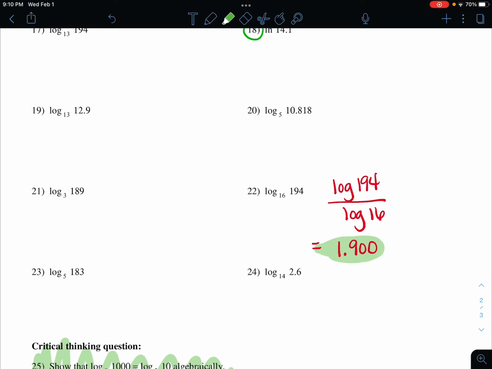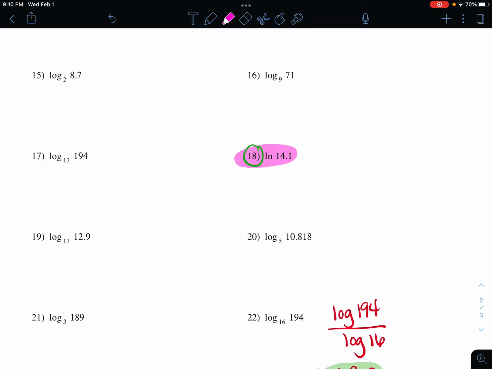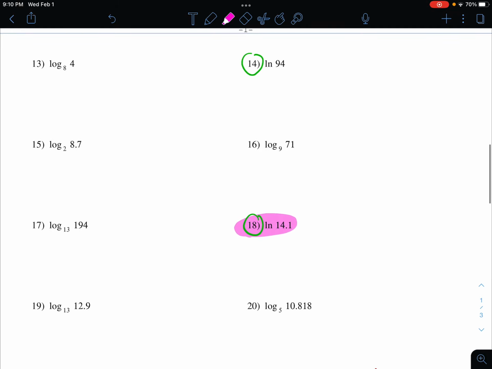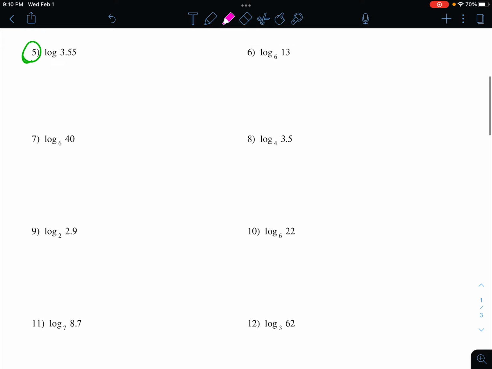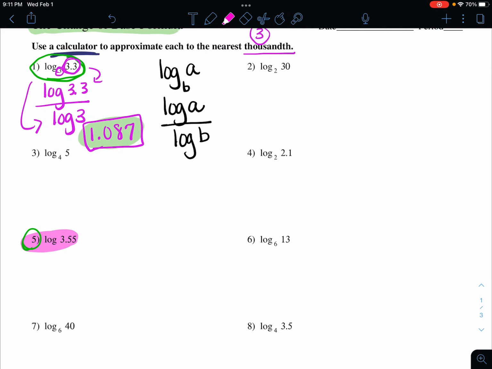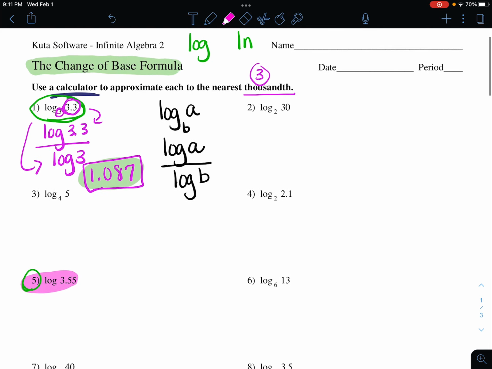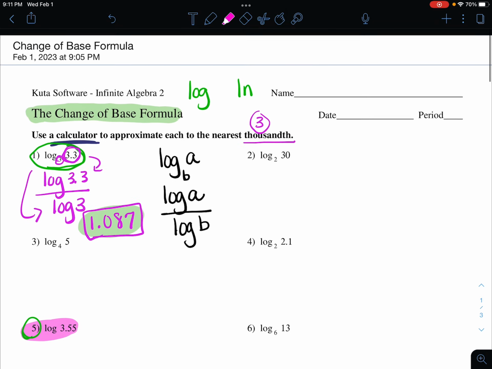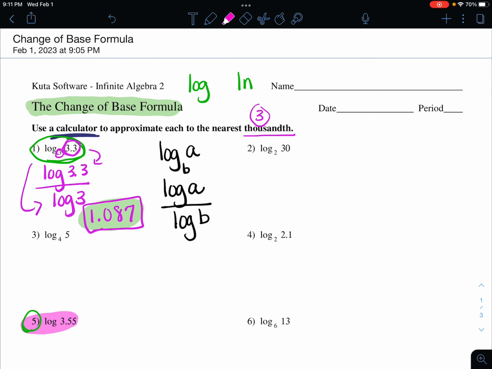So now you have the answer to 2 of the problems using the change of base formula. And like I said a second ago, we don't have to do the change of base on 18, yes, I want you to do that problem, and we don't have to do the change of base on 14, because we have a natural log button. And we don't have to do the change of base on 5 because it's the regular common log, whereas all of the rest of them have other bases. So your job today is to complete all of the rest of these, round to 3 decimal places, and I expect it to be correct because it's literally using your calculator, and then turn it into Miss Cantrell before your body leaves my classroom. I hope you have a great